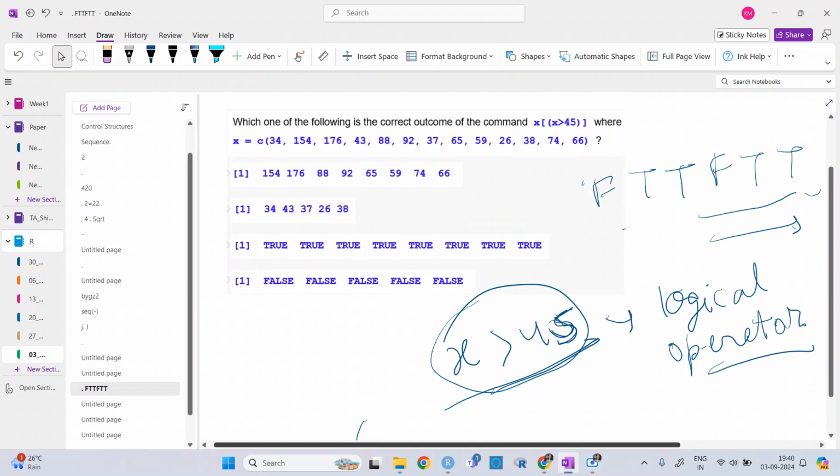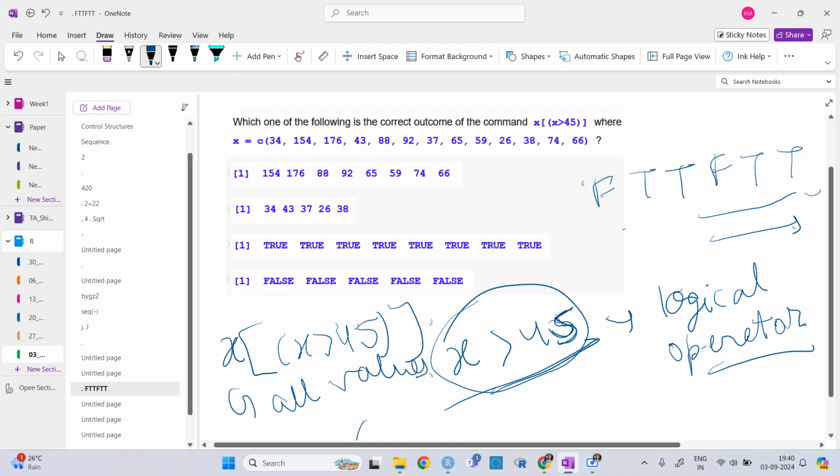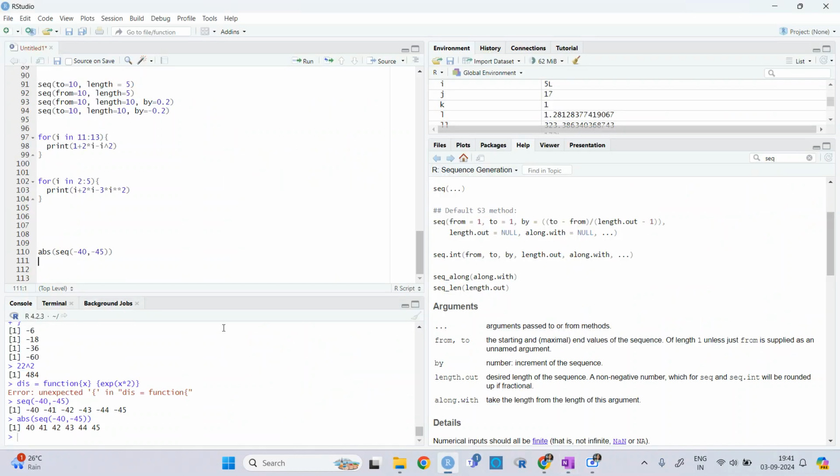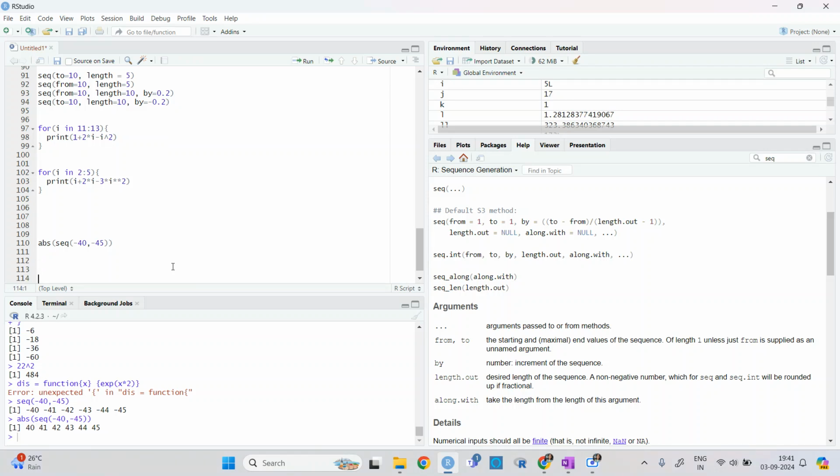Now x in bracket x greater than 45 will give you all the values, and this logical operator will give you false and true. Okay, let's do it in R so that it will be more clear. Where can we do it, here or only?